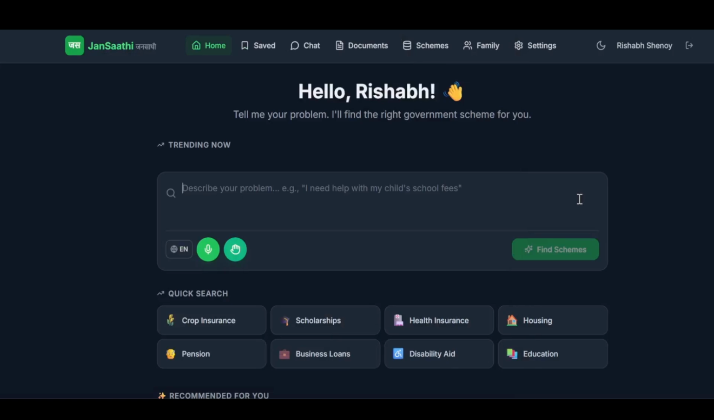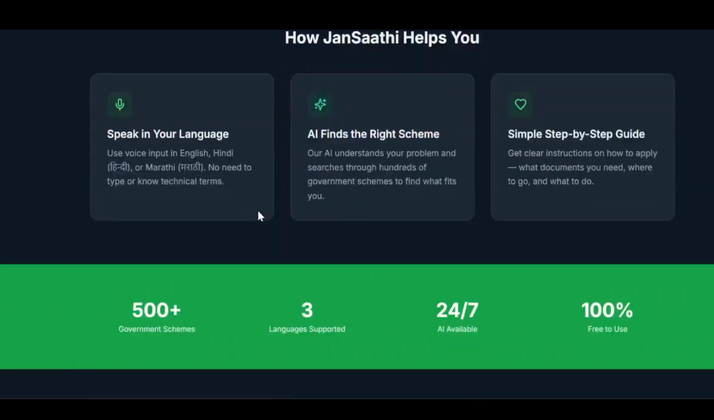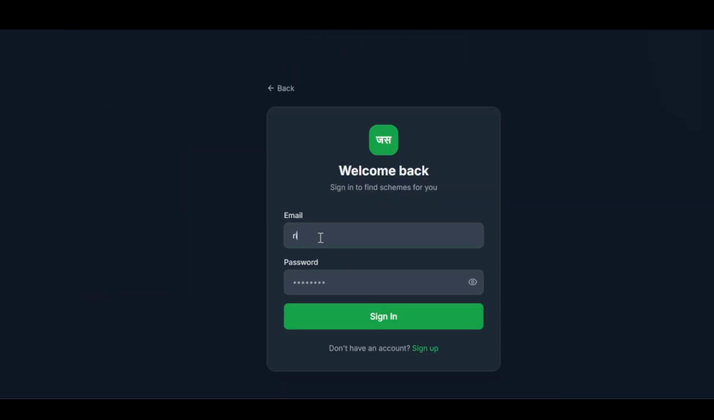So welcome to the JanSaathi application. As you can see, this is the landing page of JanSaathi. Although I'll first show you how to log in to our system. So this is the landing page, and the user is just told to get started,